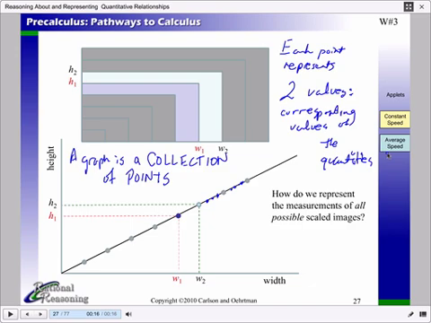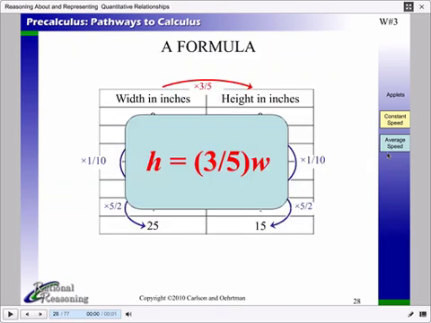And the line or the curve then is every point representing every correspondence of the two changing quantities that we're talking about. Anybody have a question about that? Okay, and then you saw in the